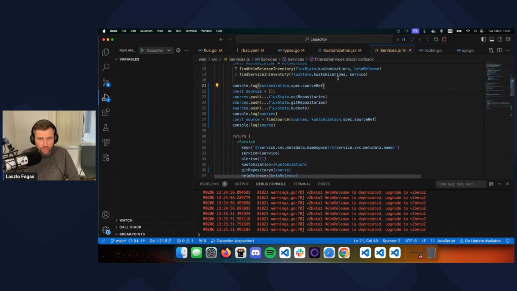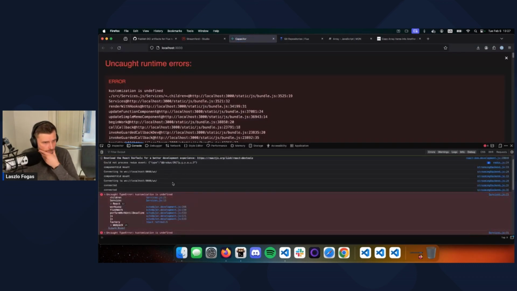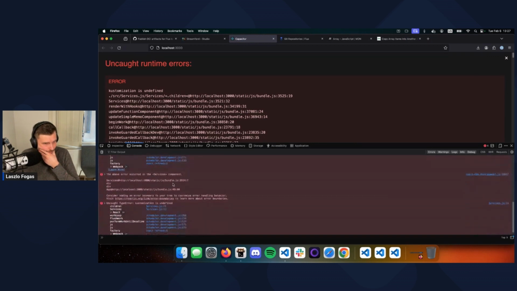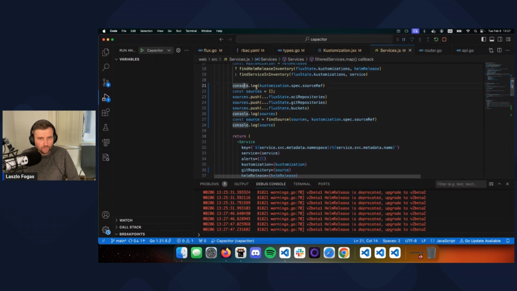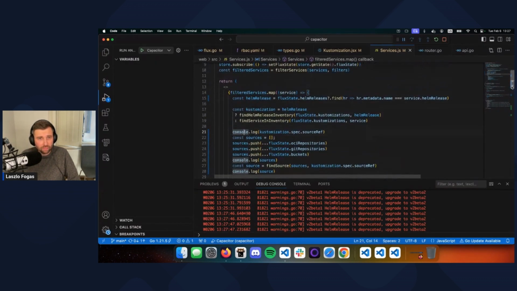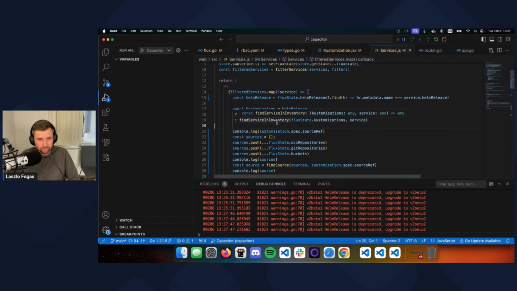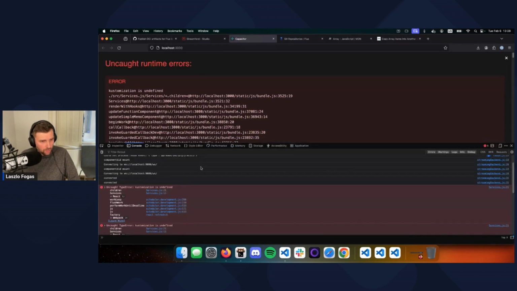So let's print sourceRef, let's print sources, and then the source that we found. Customization is undefined. But why? Something is in the cluster without a customization, or